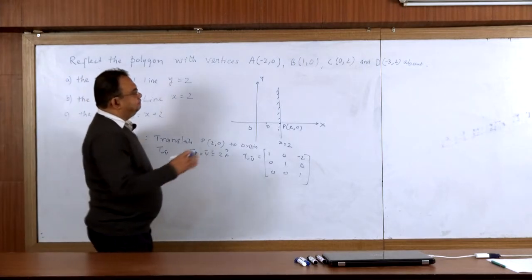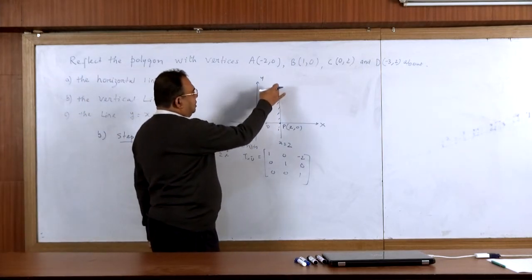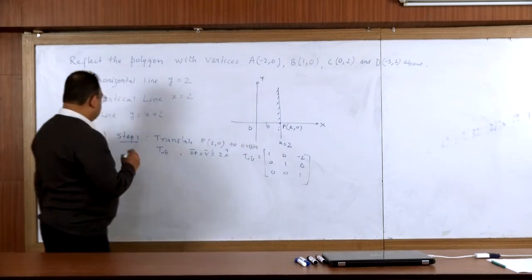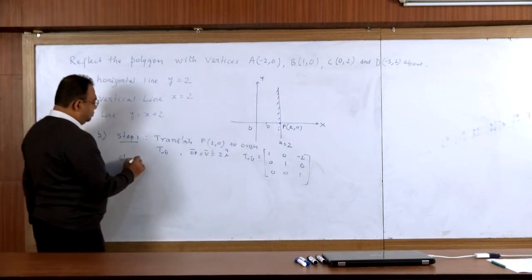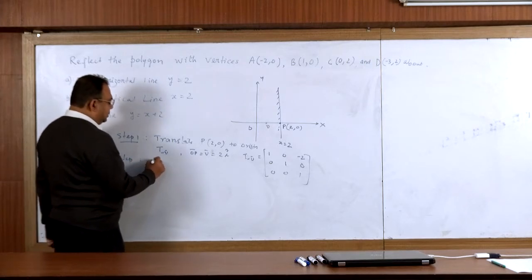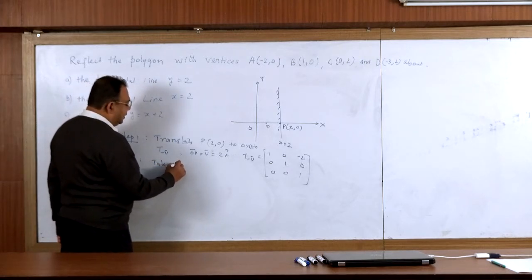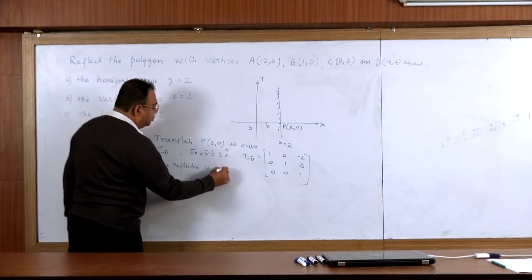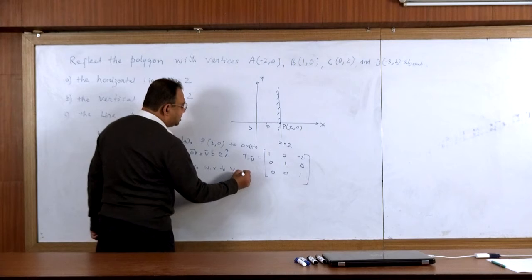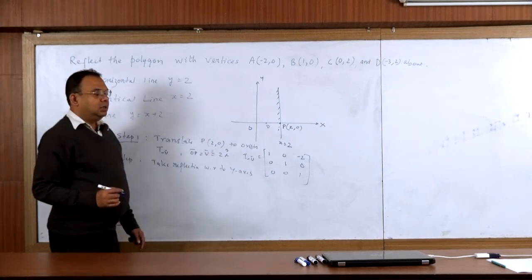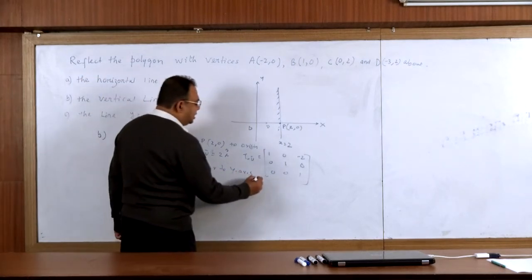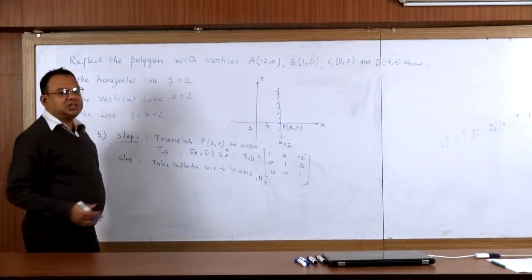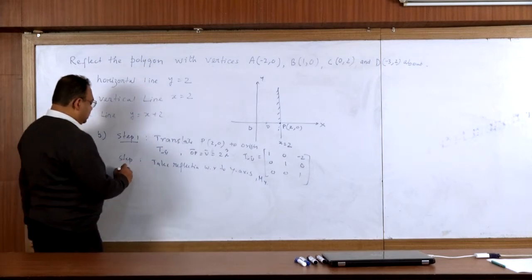Now, after that this reflector coincides with the y axis. Then step 2, take reflection with respect to the y axis, because this is now the y axis. That reflection matrix we have already calculated earlier, that is M y. We know the expression for M y. And step 3,